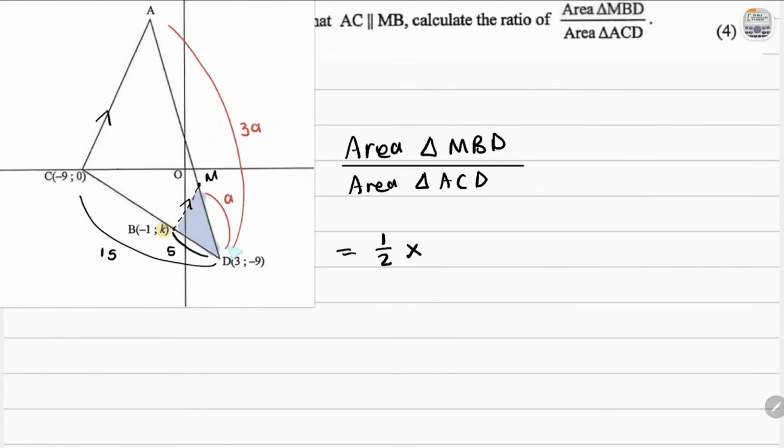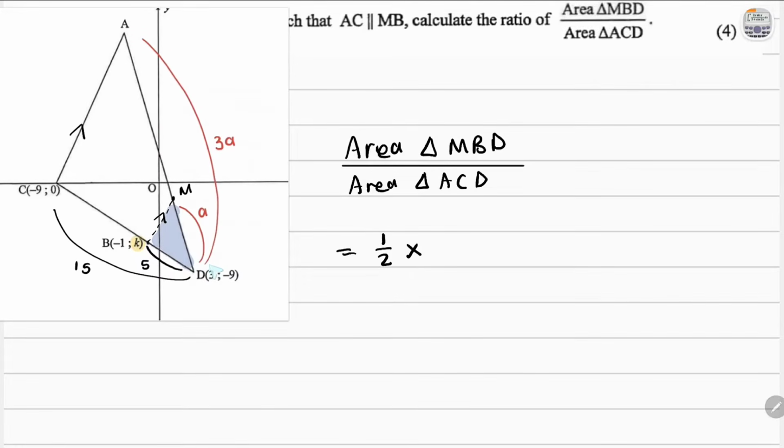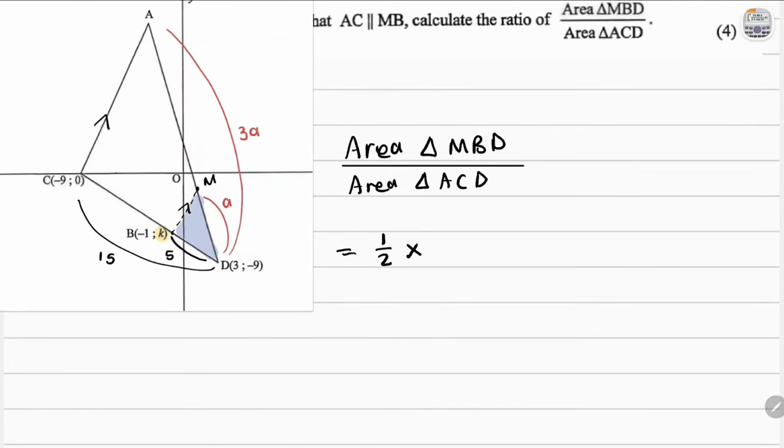Since we have already seen that this angle D is the center angle and it's been shared by both triangles, we're going to focus on that as the available angle that we have. So we're going to use the side lengths or ratios that we see. So you see that MD is A, so a half times A multiplied by the side length of 5, okay, and then sine of the center angle, which is angle D, over,